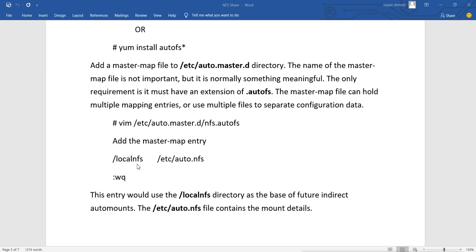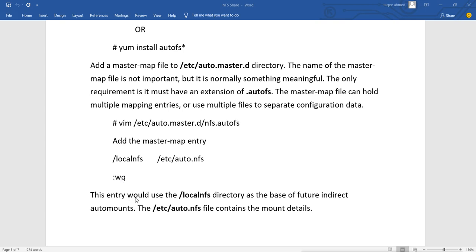In this master map file I add this directory that I want to mount, and the configuration for mounting this directory is under another file. So I mention the file name here, which holds the configuration for mounting this directory, and then save the file.